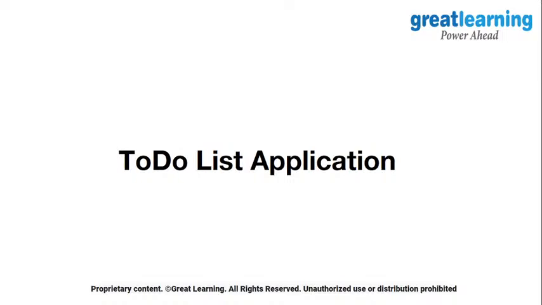So this is what we are going to build. We are going to build a to-do list application. Let's suppose you are planning to do a series of events, or trying to do some kind of work. First you want to play cricket, then there's another thing you want to do. You want to create your assignments, and once you have created those assignments, you want to learn something new or watch a movie, anything. This is a kind of list that you want to do, and now let's see how to build that